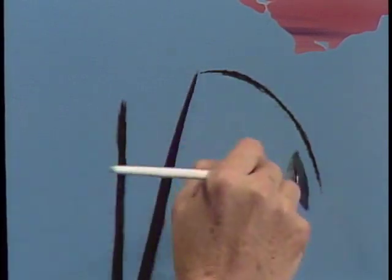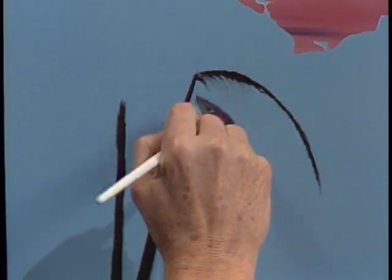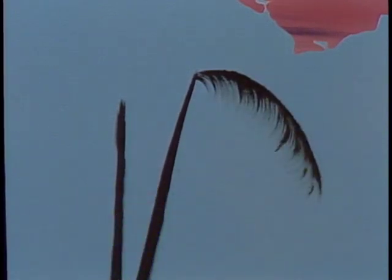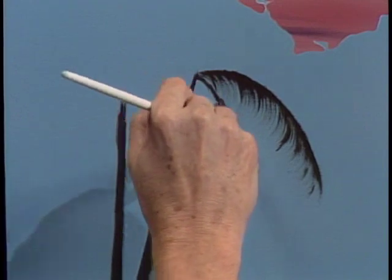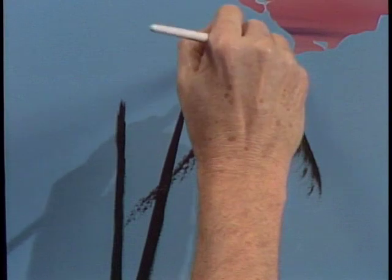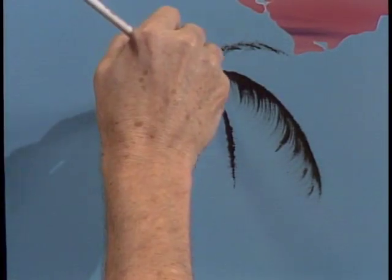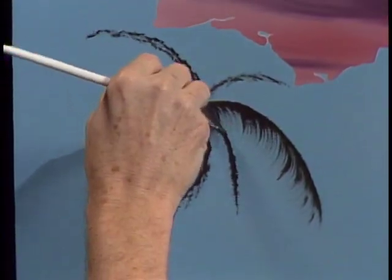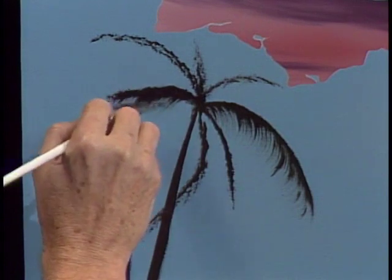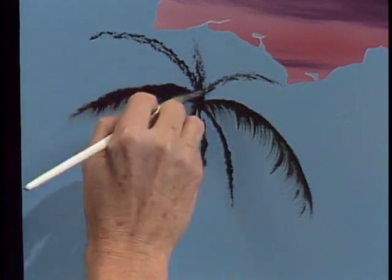You touch, go around like that, then you can grab it and just give it a little pull, see? And it'll make all those little fronds. All right, let's put in several here, wherever we think they might be. Up in here, there's some. There's another one. There's one. And you can just grab them and give them a little pull, but the paint has to be very thin,